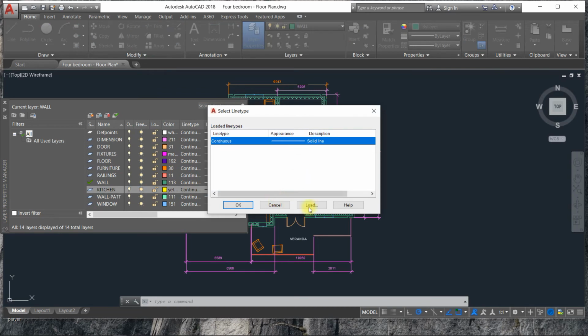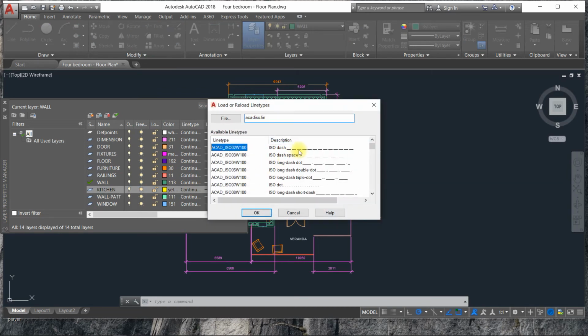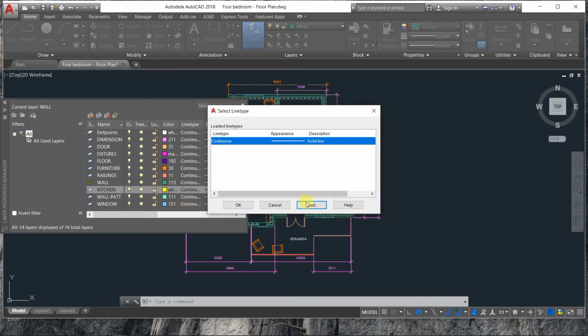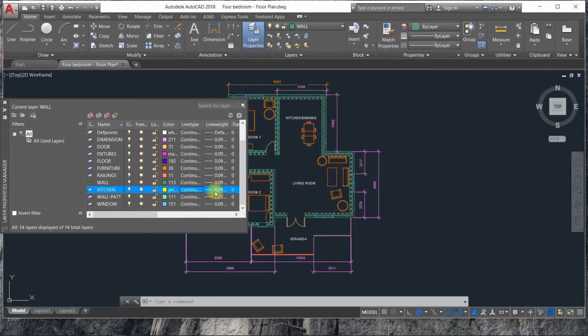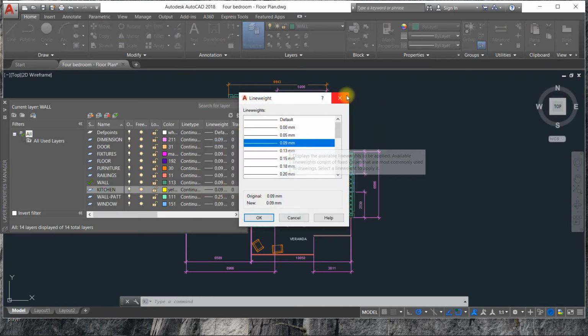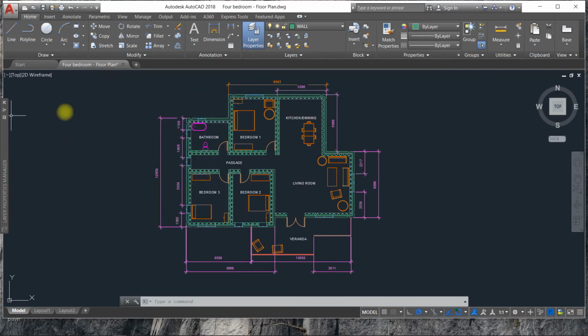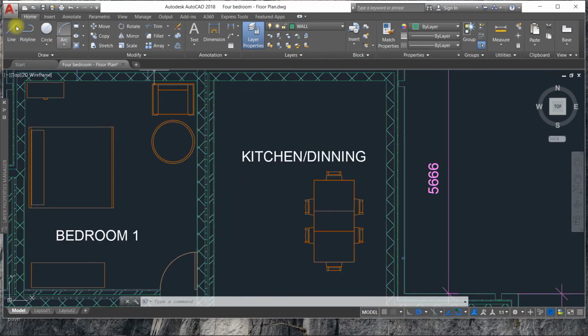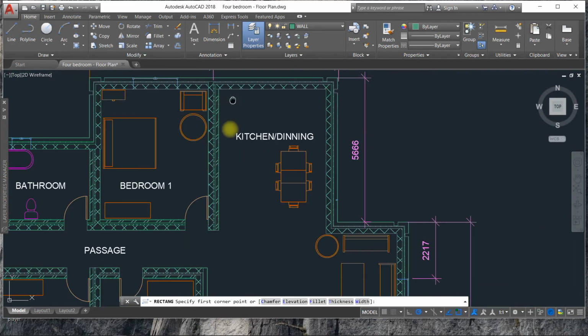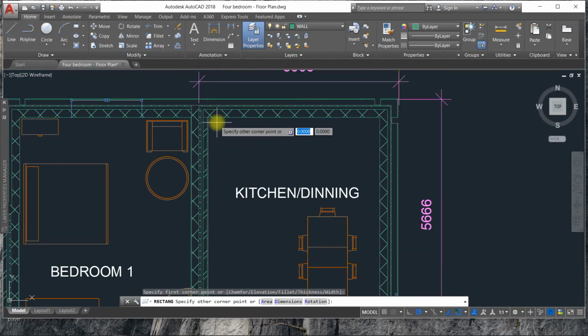Right, I can change my line type. I can load line and change the line type. Then I can as well change my line width. Alright, so by the time I'm done, it's two-way. I can either make it the current layer and make my drawing, or make my drawing on an early layer and make the change. So I might want to draw